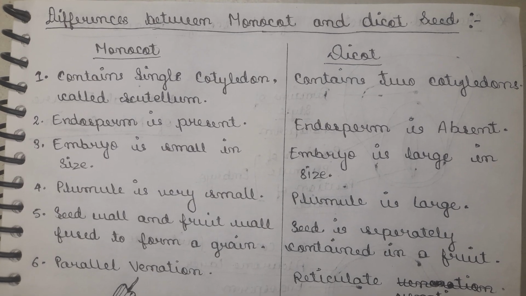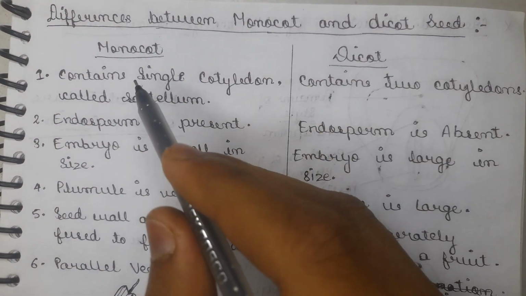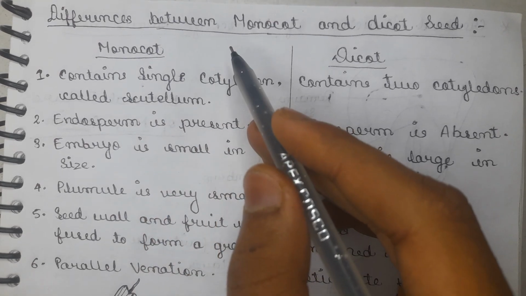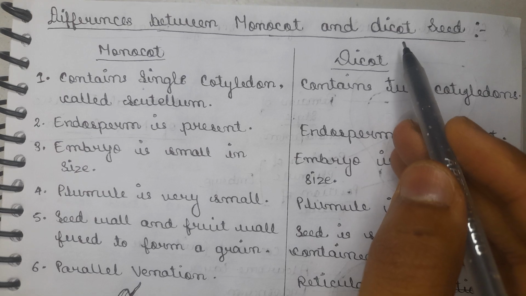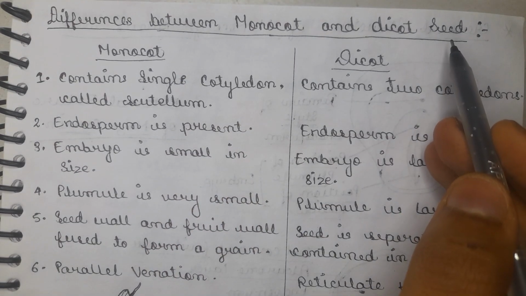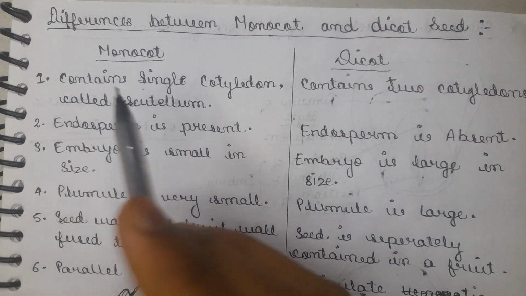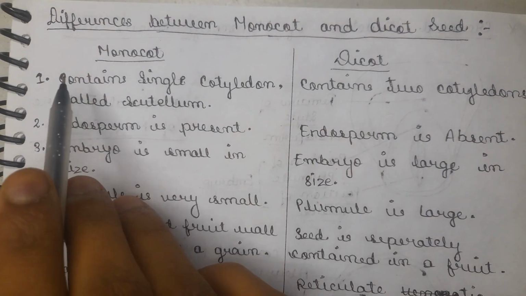Hello everyone. Today's video topic is the difference between the monocot and the dicot seed. We have already discussed the monocot structural diagram and the dicot structural diagram. The basic information about the monocot seed and the dicot seed I have already given in the previous lectures. So we will try to understand the difference between the monocot and the dicot seed,